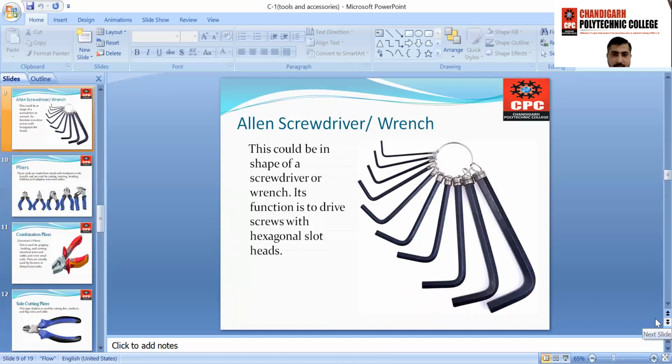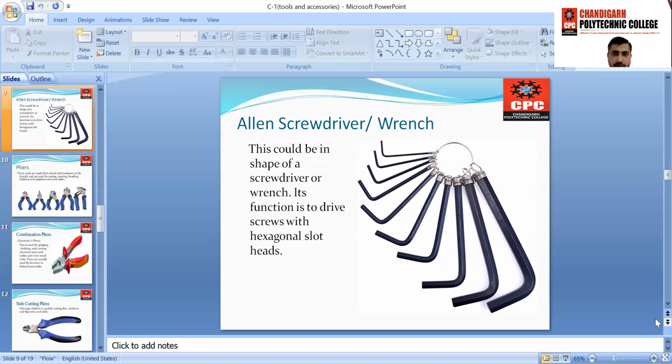This is the next type of screwdriver, named the Allen screwdriver or wrench type screwdriver. This could be in the shape of a screwdriver or wrench. Its function is to drive screws with hexagonal slot heads.